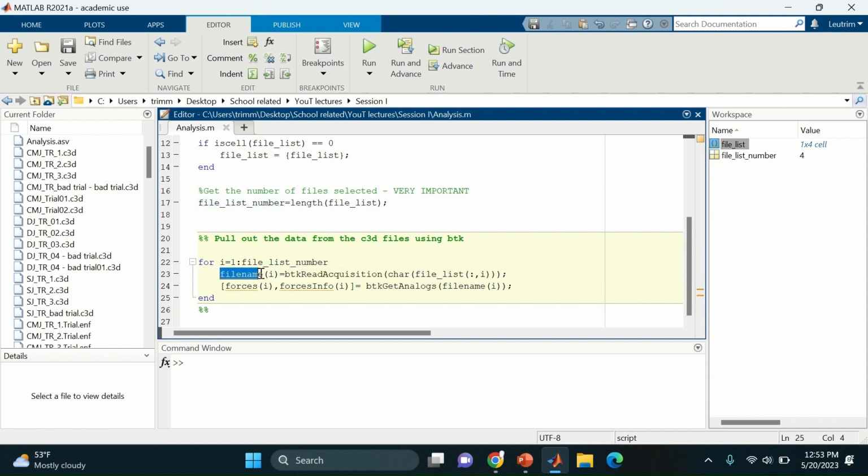And we're gonna assign this first variable here, and we're going to use this function BTK read acquisition to pretty much pull the characters out of the file list, right? We're going to assign it here, and then from there we're going to get this BTK get analogs function to read in whatever's in the file name, and then we're going to get that analog data, so that's the force plate data,